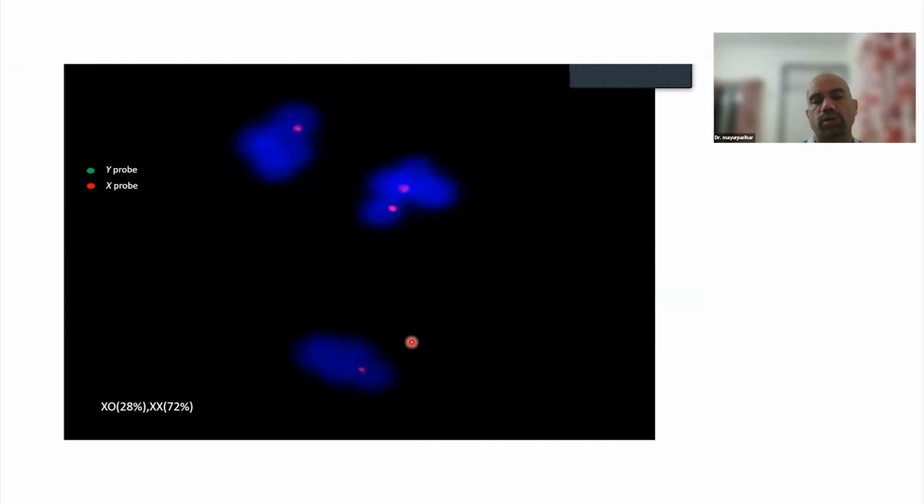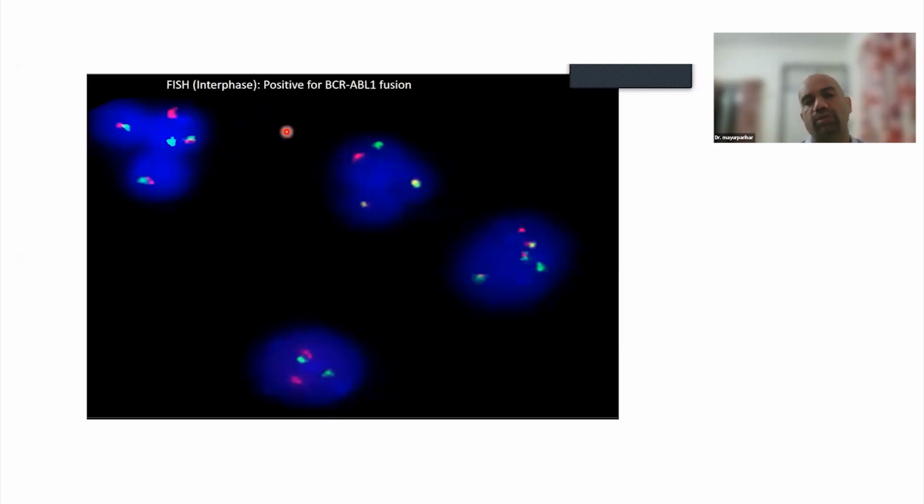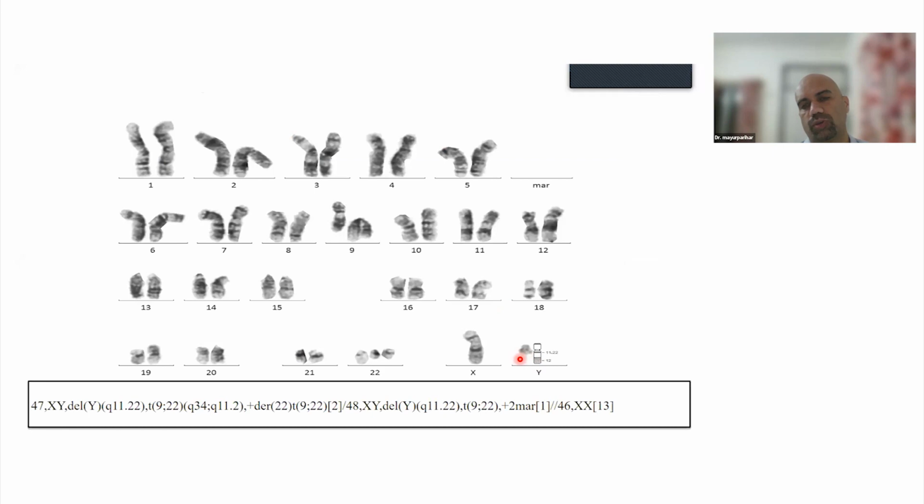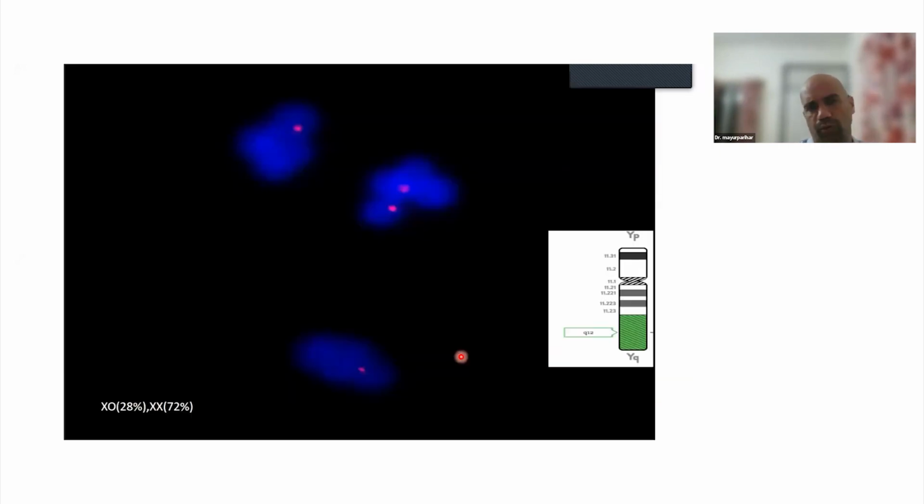So when we did FISH on this patient, he came back with a headache and there was suspicion of a viral fever. On follow-up, because he had undergone transplant, we were expecting that all cells should be XX, or if he has relapsed, then the cells should be XY. But what we found was about 30% cells showing a single copy of X. Then we asked for a BCR-ABL fusion, which showed additional copies, and the karyotyping showed a deletion of chromosome Y, and that is why we were only seeing a single X chromosome in the FISH for XY for transplant.